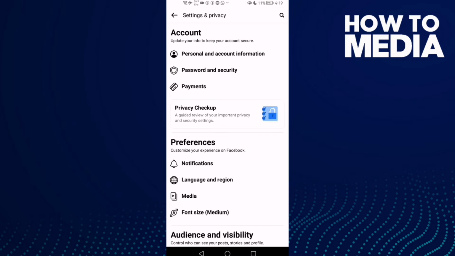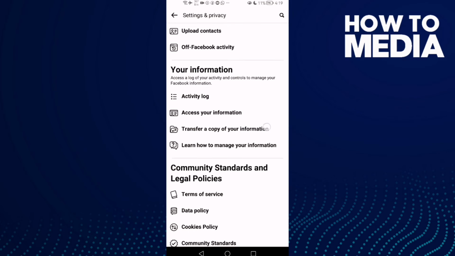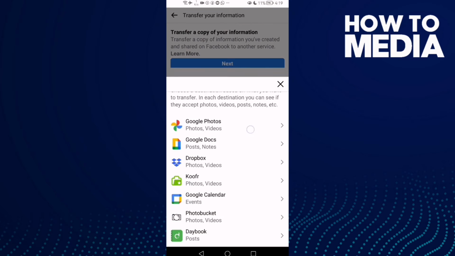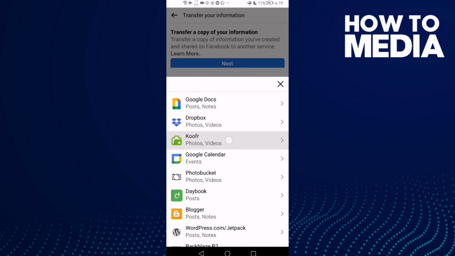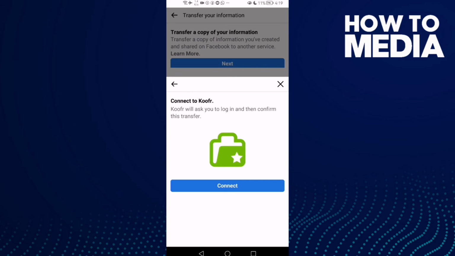and click settings, and here you will find this one, transfer a copy of your information. Click next and then click Koofr and click next. And now just connect your Facebook with Koofr,